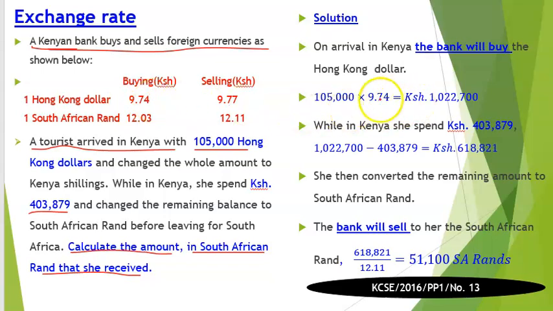So if one dollar goes for 9.74, 105,000 dollars will go for 1,022,700. That is, we are going to multiply the two, and you're going to get the money in Kenyan shillings to be 1,022,700. Now, while in Kenya, this person spends